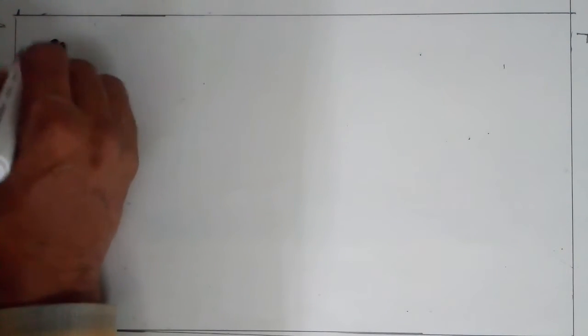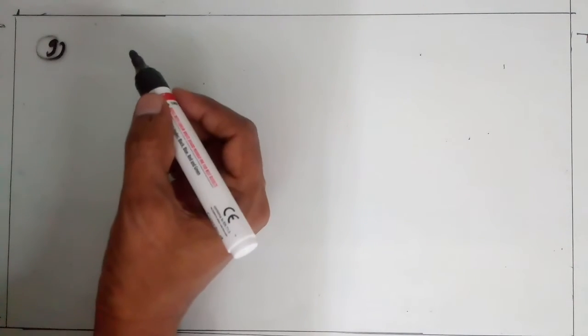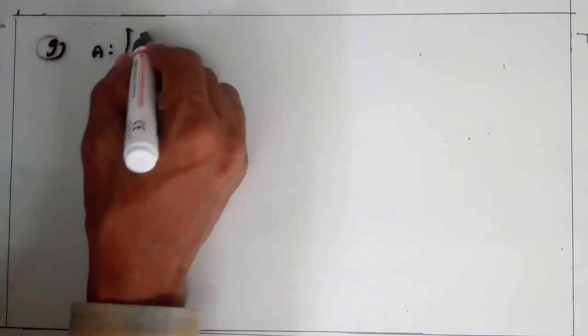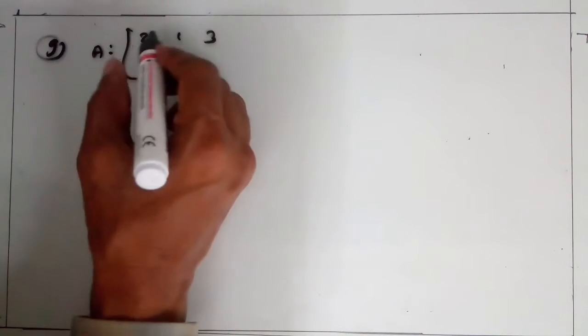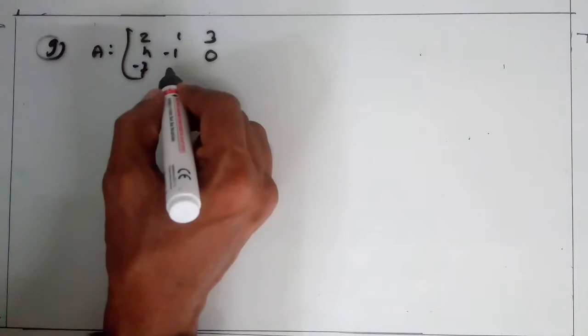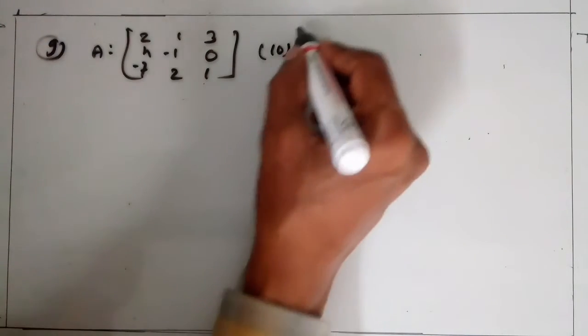Now in this lecture we discuss a remaining question of exercise 4.5. Question number 8. Find the inverse of a matrix A equal to 2, 1, 3, 4, minus 1, 0, minus 7, 2, 1, and 10,